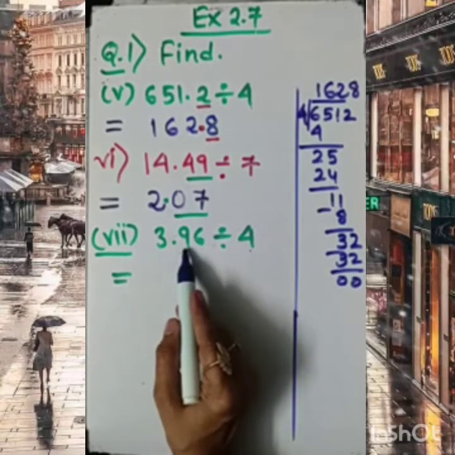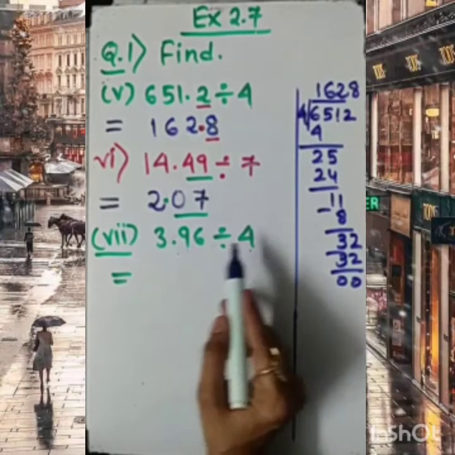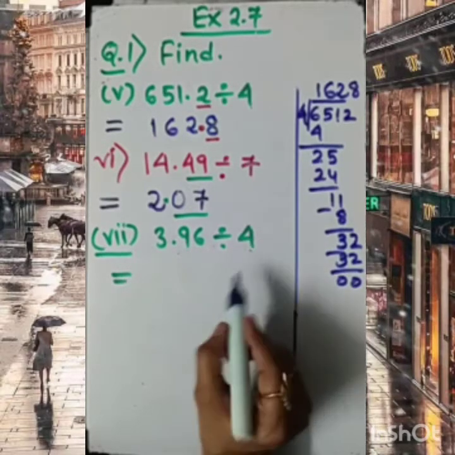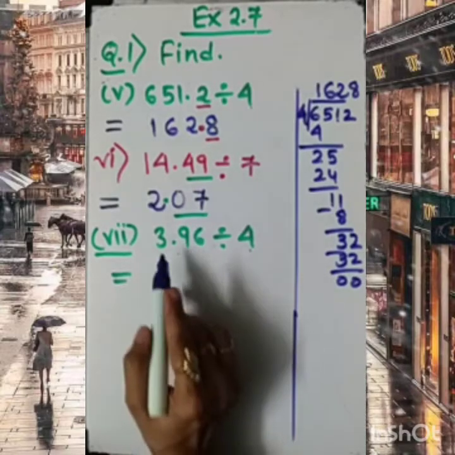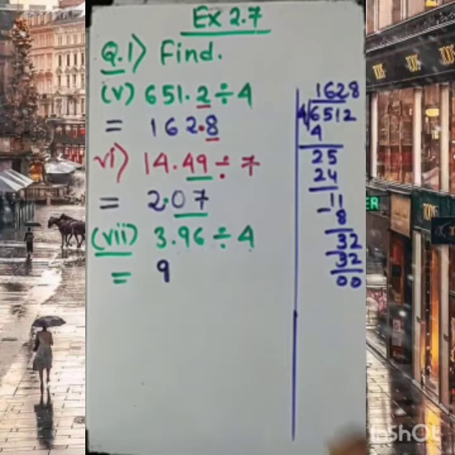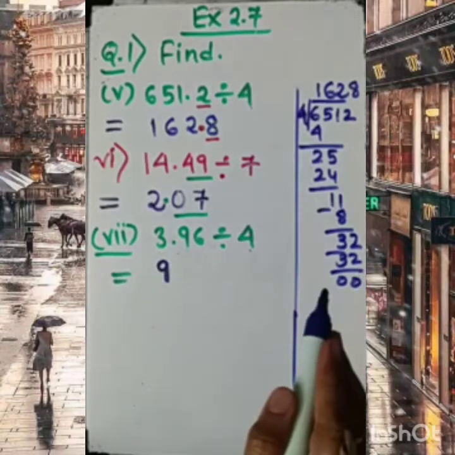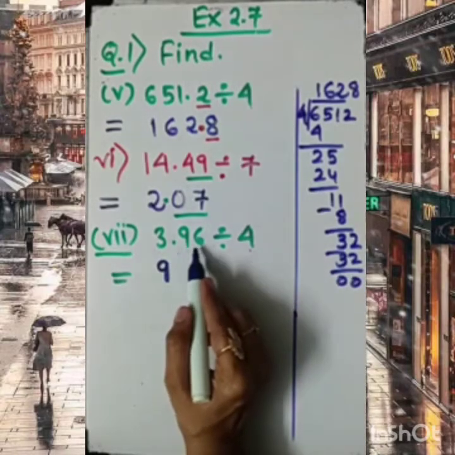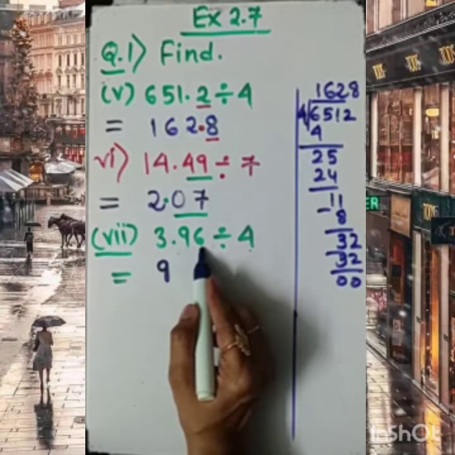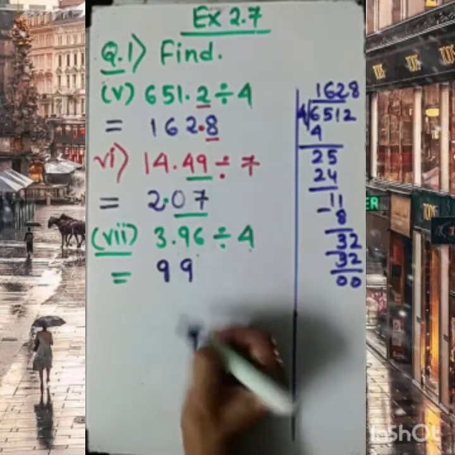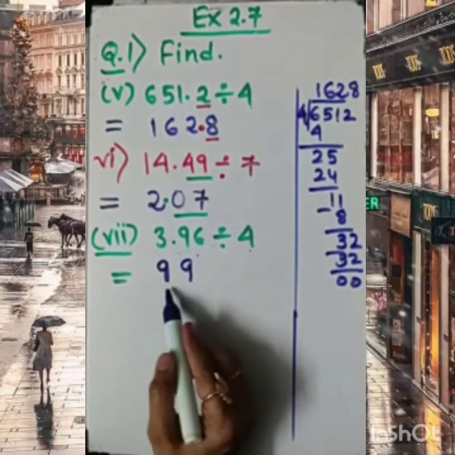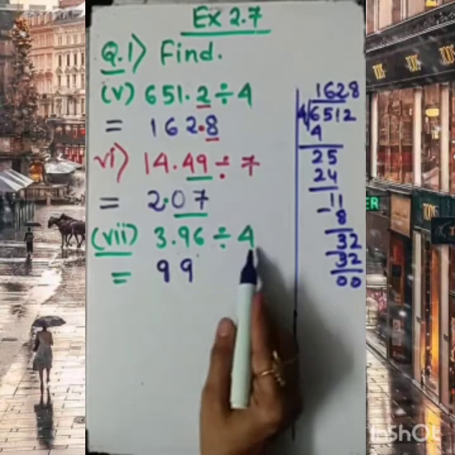So the nearby number to 39, or the same number, can be achieved. We know that in the table of 4, 4 nines are 36, right? So 39 minus 36 is 3. So we have here 3 and 6. I am bringing down that 6, so it is 36 again. Clear? 36 again, the table of 4, 4 nines are 36. So I got the solution without decimal, that is 99.